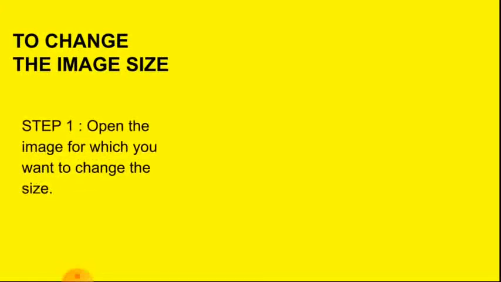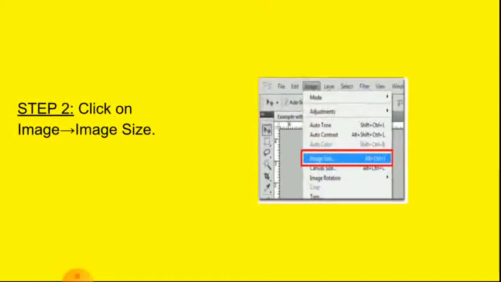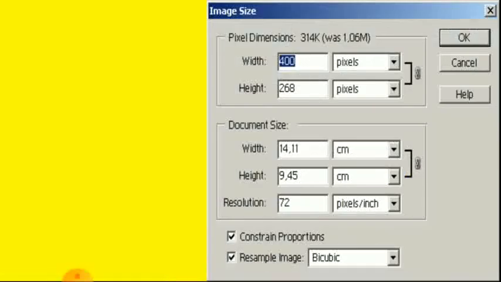Next is to change the image size. Step 1: open the image for which you want to change the size. I have selected this image. Next, click on Image, Image Size. The Image Size dialog box will appear.